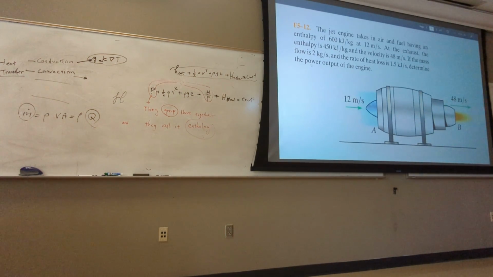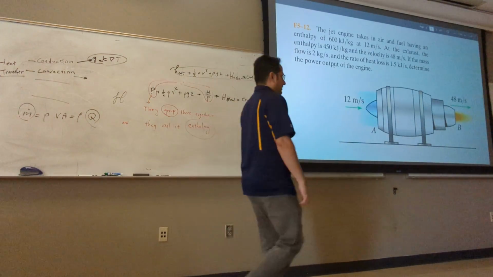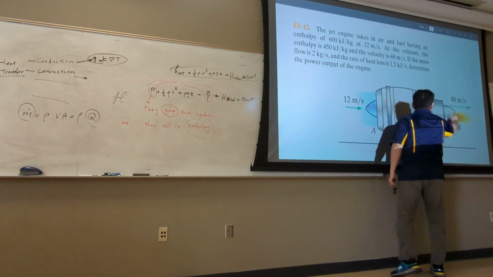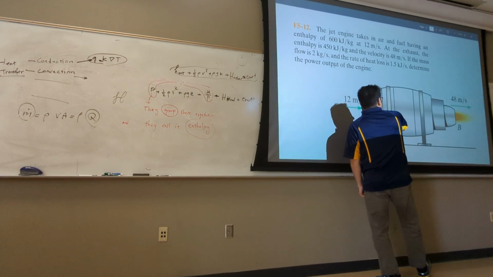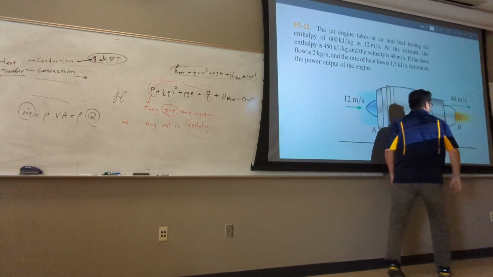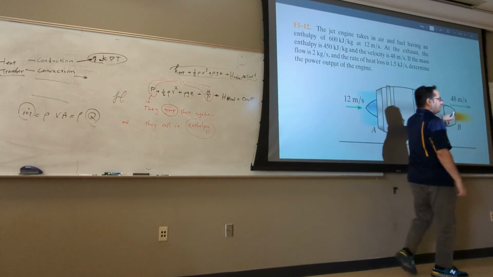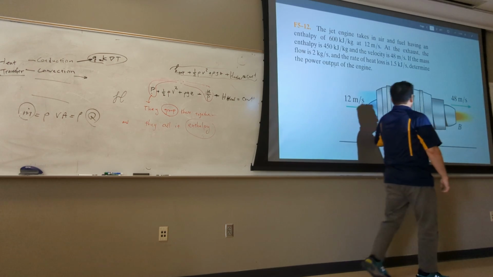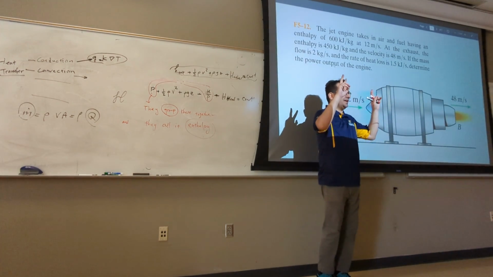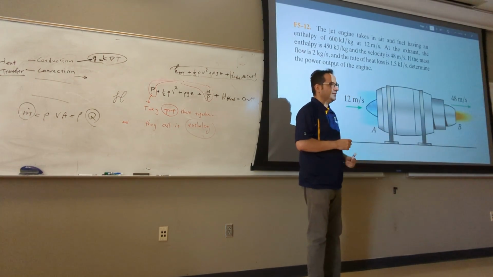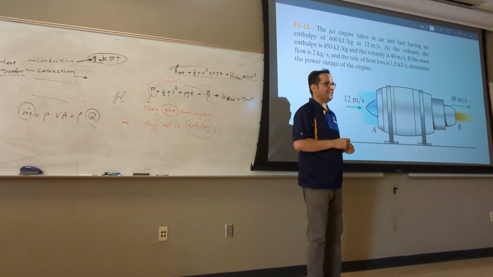And say, find the power output of the engine. Now look at here. Do I have a pump here? If I take this as control volume, right? And I write the energy equation using these 2 points. I have information about point A, information about point B. But what other do I have? In that equation, I had an H pump. Do I have a pump here? No. Then I have H turbine. Do I have a turbine?